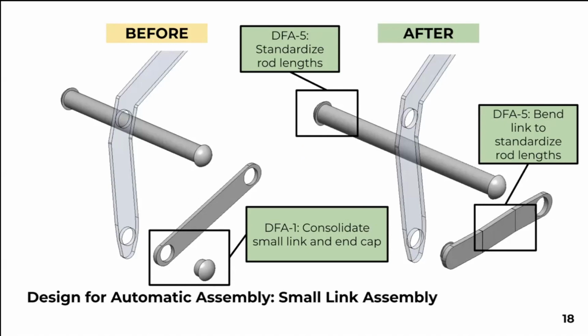The small link is designed to include a cylindrical feature that can be fed through the bent linkage and hammered to fix the parts together without requiring an additional fastener. Furthermore, incorporating a bend into the small link enabled us to reduce the length of the long rod to match the length of the short rod. This change allowed us to fulfill DFA 5 and standardized part lengths, avoiding future confusion when sorting parts during the